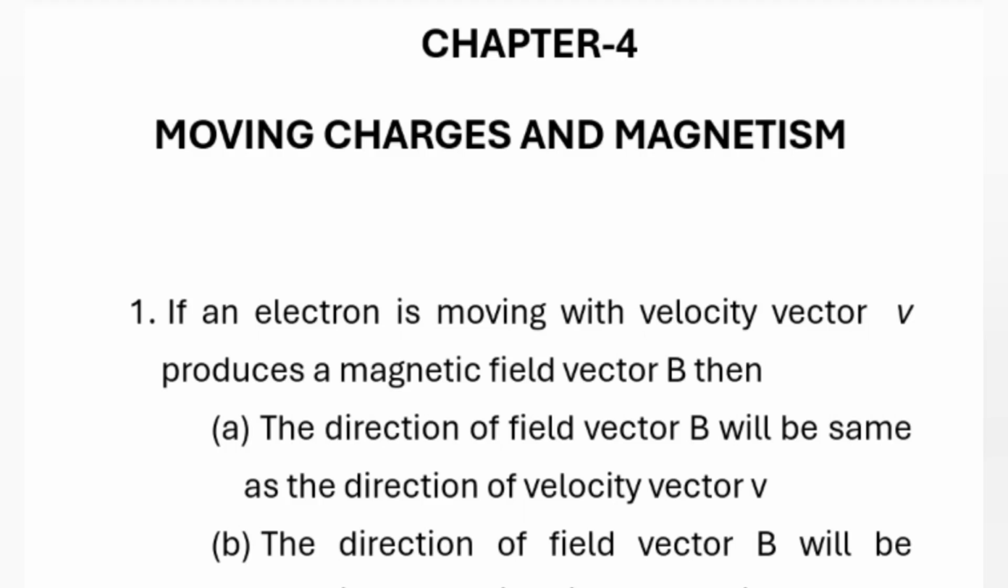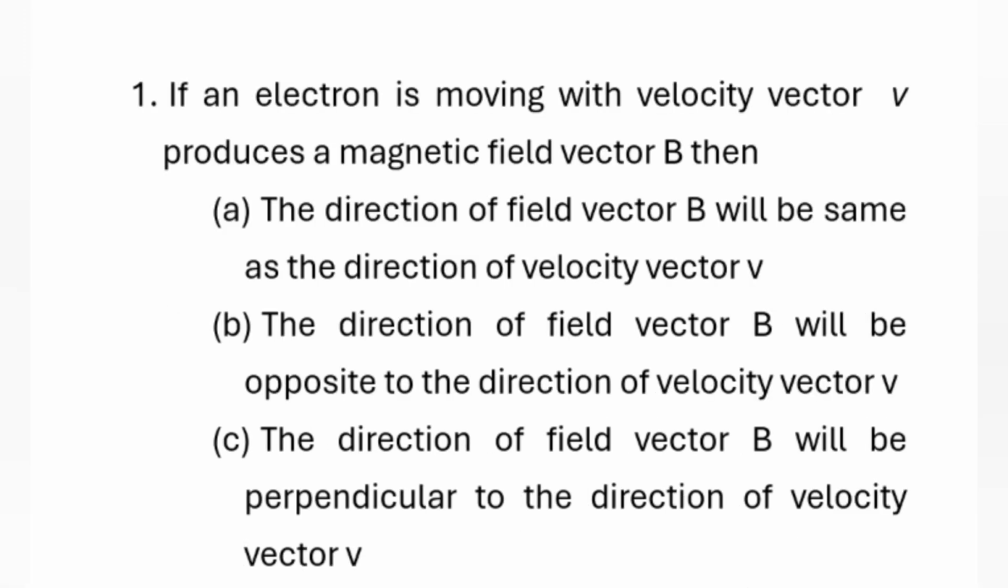Important multiple choice questions from the chapter Moving Charges and Magnetism. Question number 1. If an electron is moving with velocity vector v produces a magnetic field vector B, then option